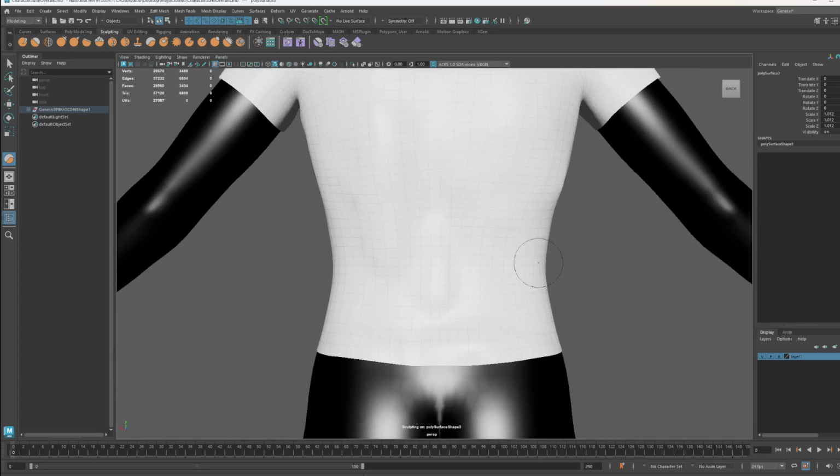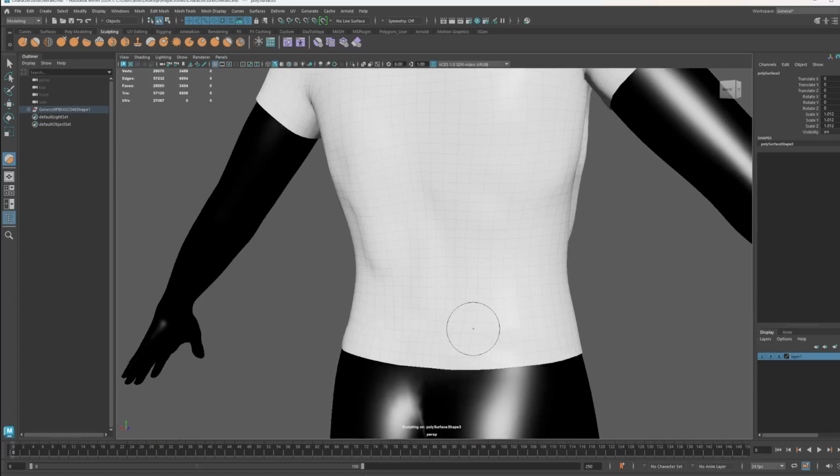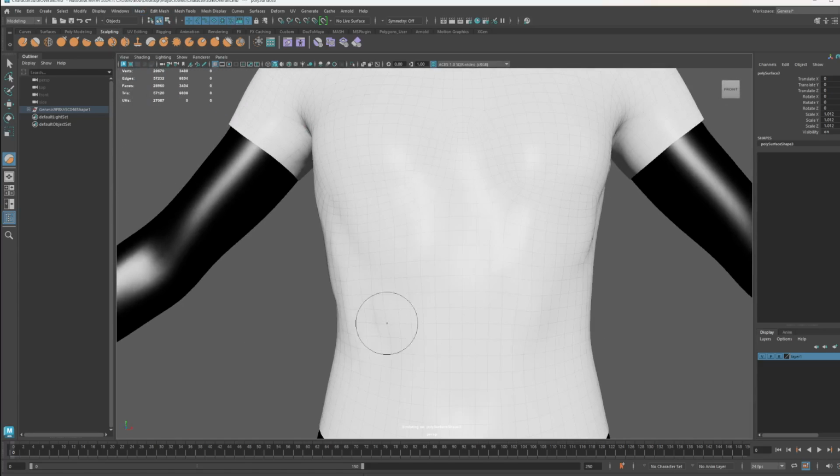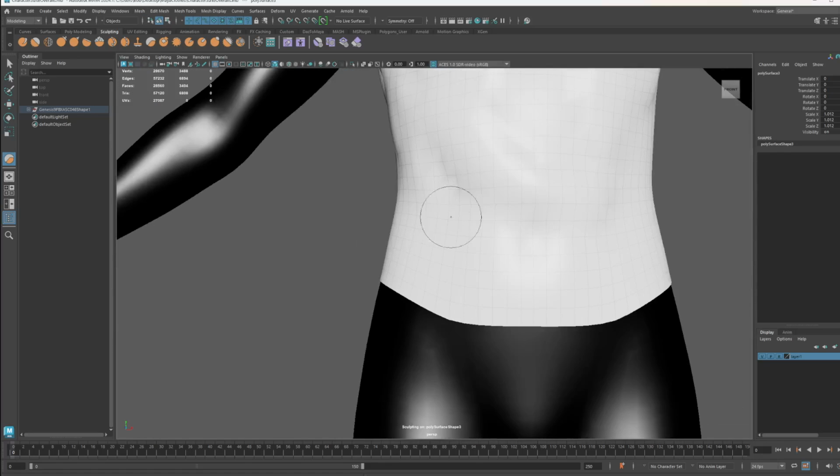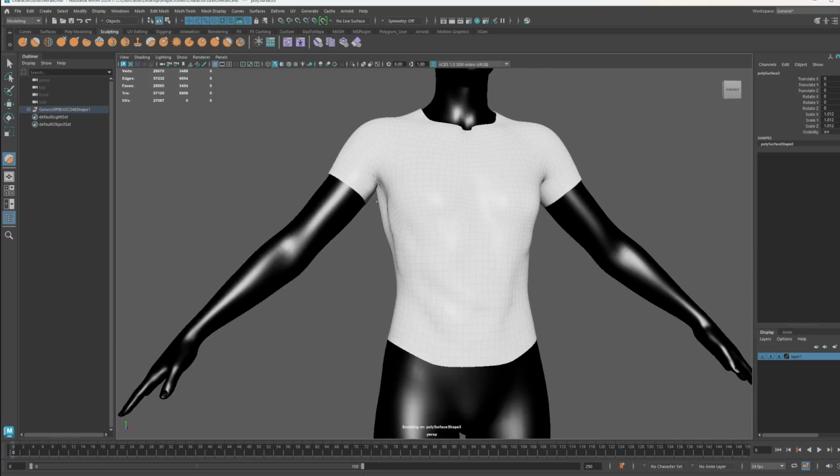I'm using a brush that puts down a layer, and if I want to smooth it, I hold down Shift to smooth. If it goes out, I just click my button, and I'm using just a normal tool. So now you can start forming your creases. You can even put the level up now.